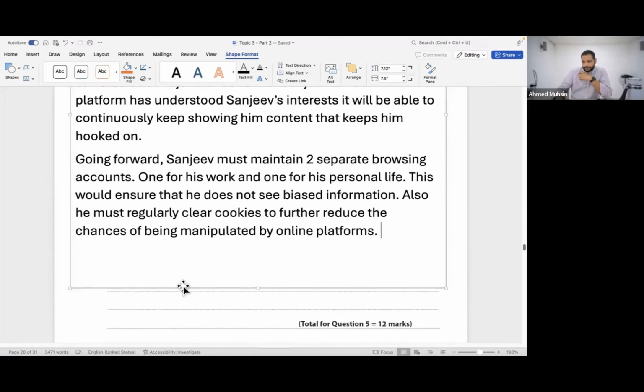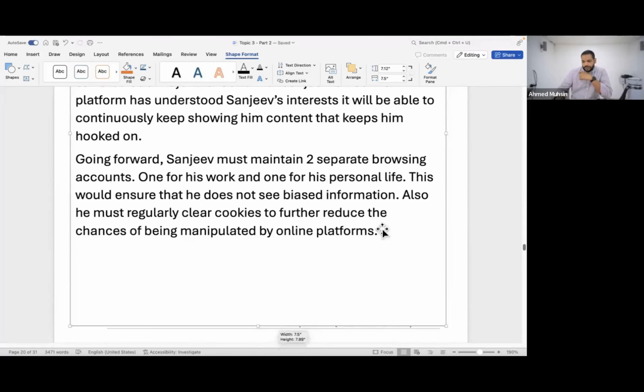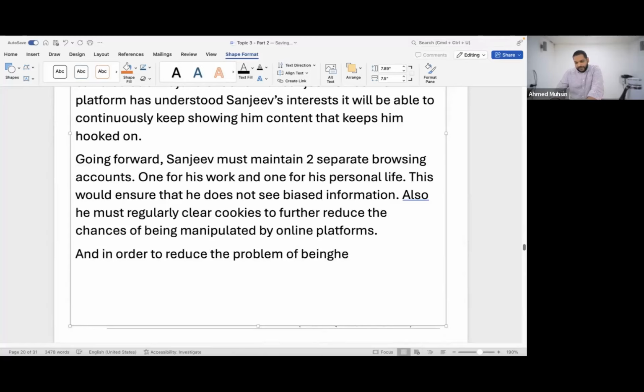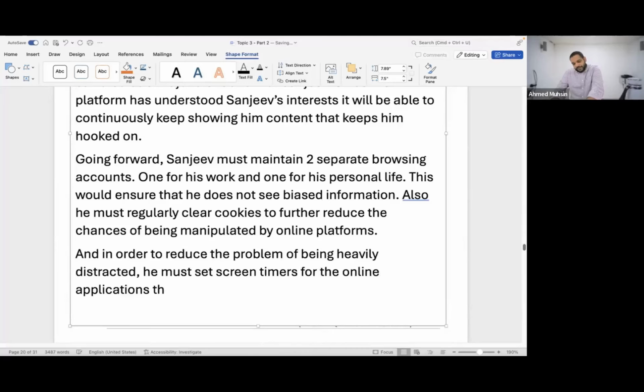And in order to reduce the problem of being heavily distracted, he must set screen timers for the online applications that he uses so that he does not spend